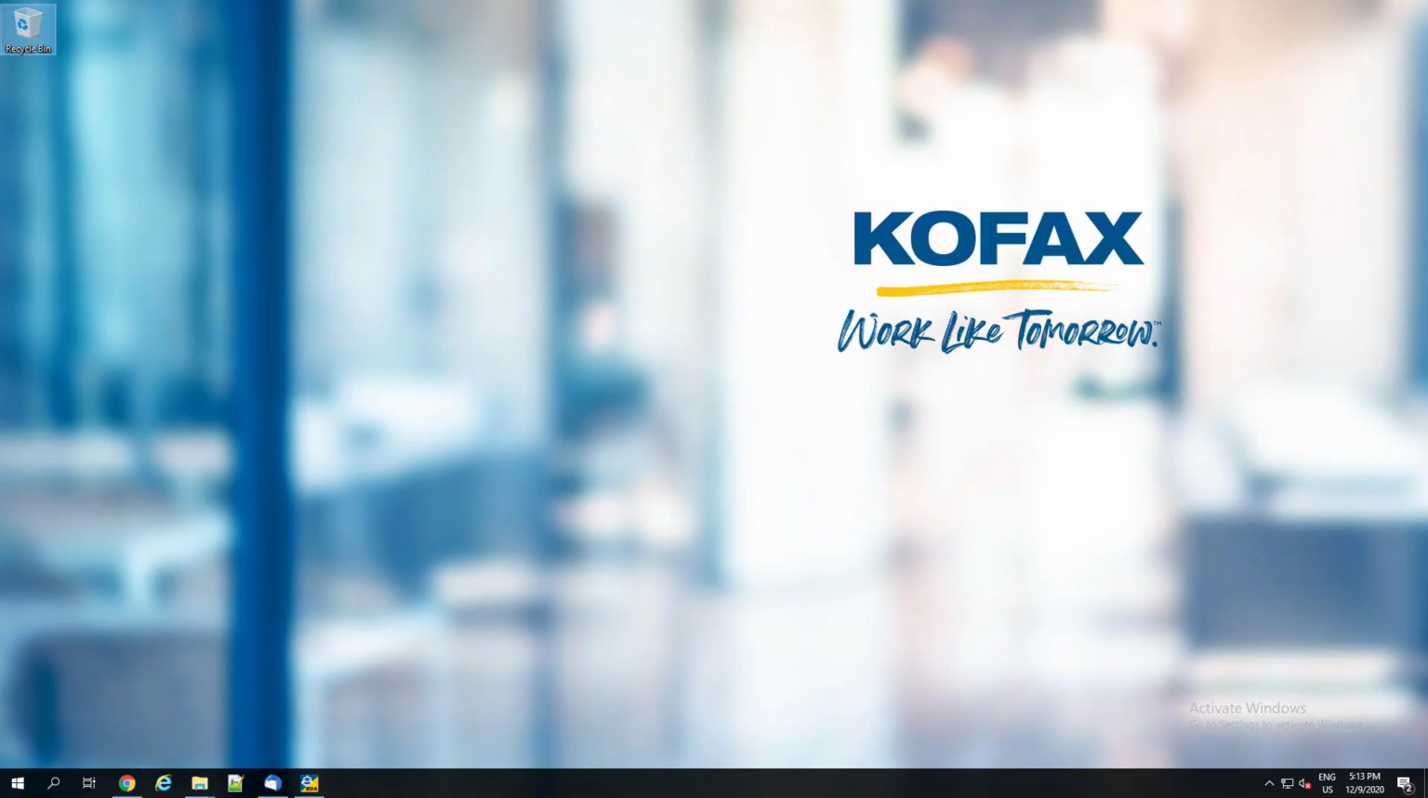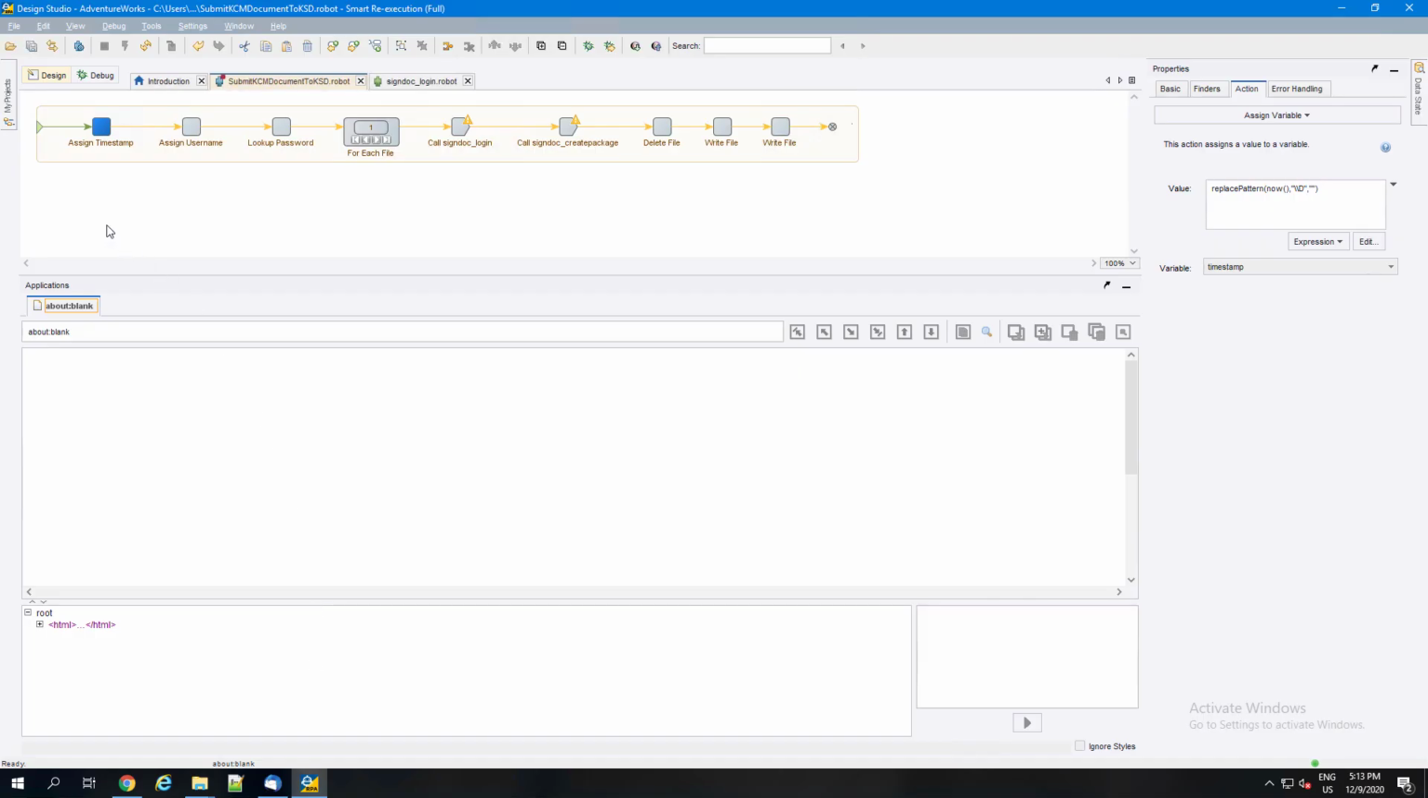Let me just switch to my machine, and here we have the Kofax RPA Design Studio, where I've built a robot that's capable of running fully in memory. So we don't need any sort of virtual machines or laptops or anything other than just a robo server running somewhere. First, we do some housekeeping, so we grab the timestamp for now, so we can easily